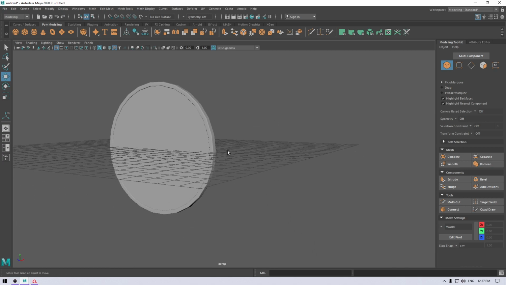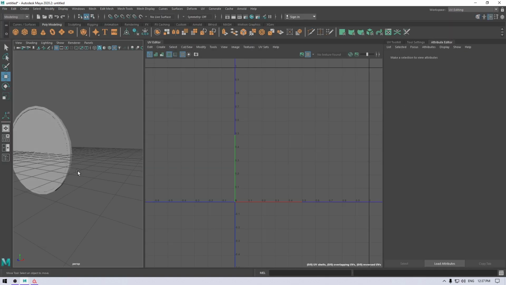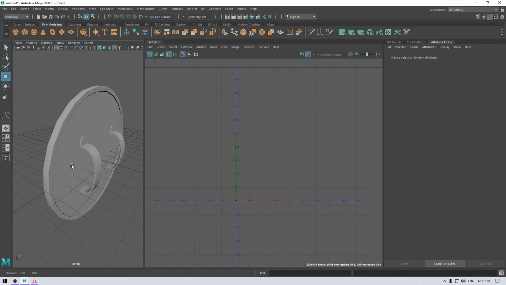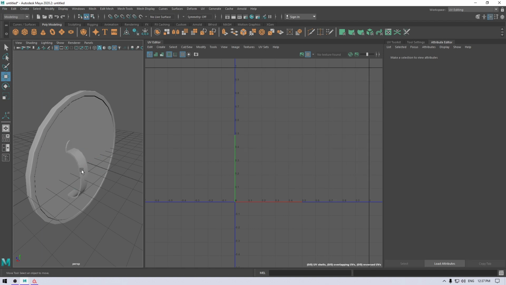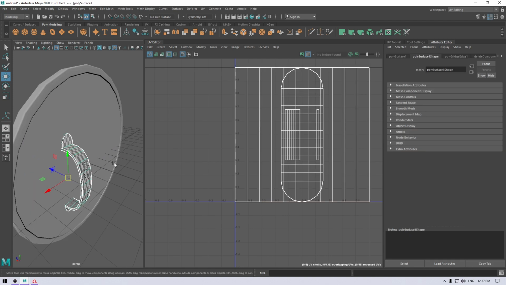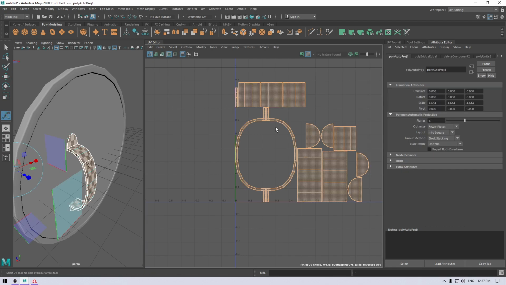Now it's time to unwrap it. Go to workspace and select UV editing. So our belts are similar, so we don't need to unwrap each of them. Just delete one and we'll unwrap this one and then duplicate it. Select automatic.